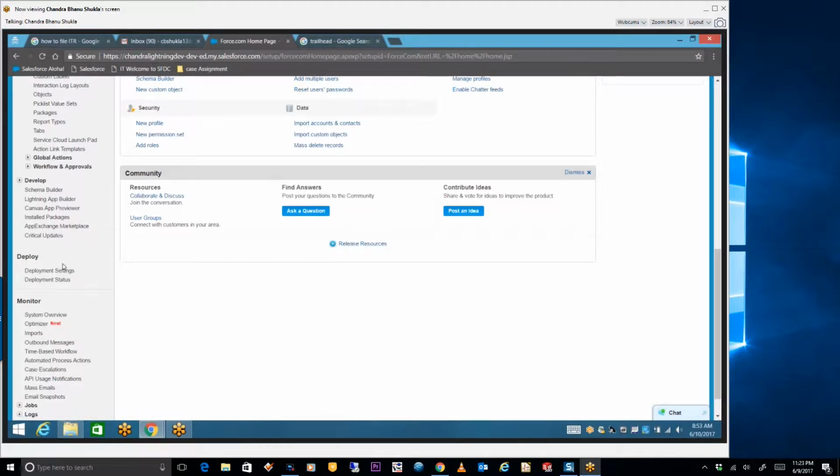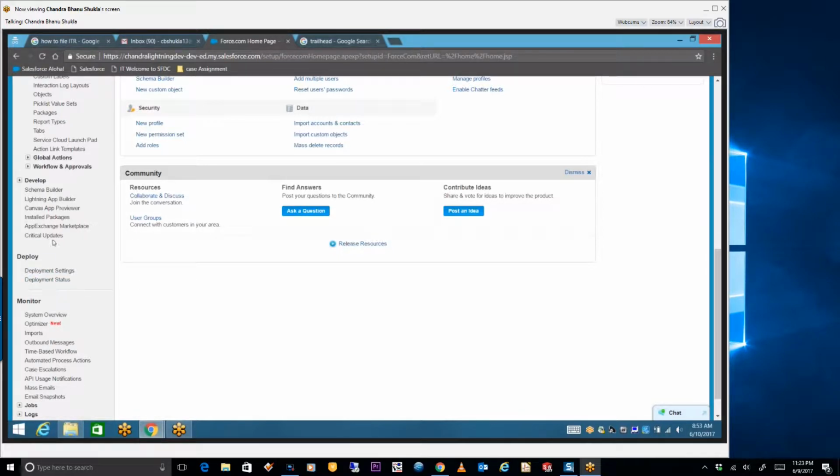Then we have the Force.com migration tool. You can download this app from App Exchange. Like Google and Apple have an app store, we have the Salesforce app store, which we call App Exchange. So you will download from there as well. Right now I'm just telling you the configurational part, what you should understand for 4 years of experience.